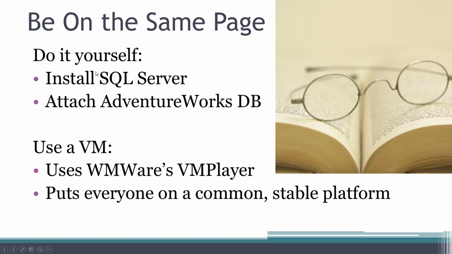The advantage of doing it yourself and installing SQL Server outside of the VM is you don't have the overhead of a VM running on your machine. That may be something that's important to you. So to help you with whichever direction you want to go, one of the next sessions is going to be how to do a basic, simple SQL Server install and how to get and attach the AdventureWorks database. I think I'll take a minute to talk about getting the Books Online local as well,